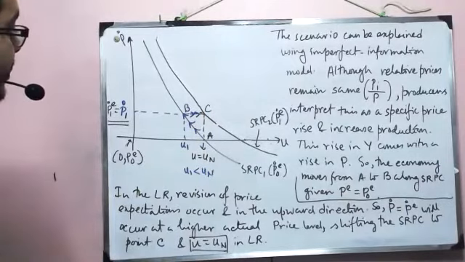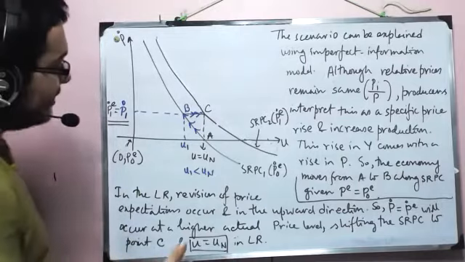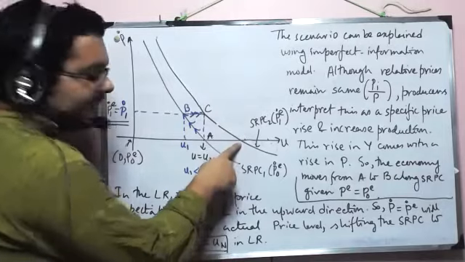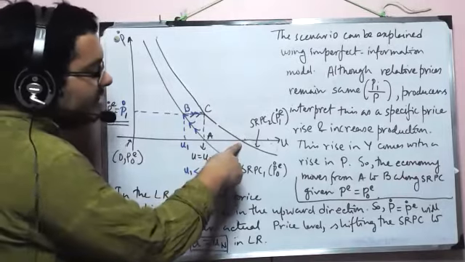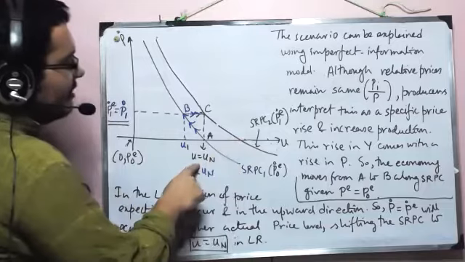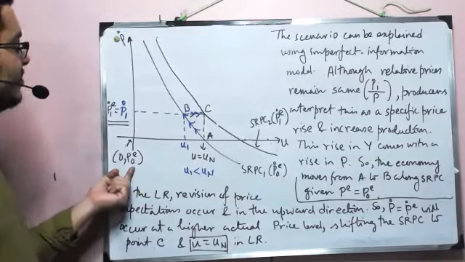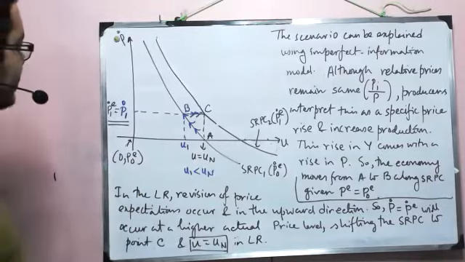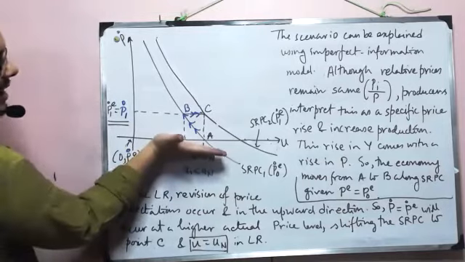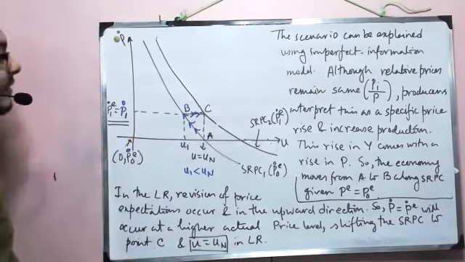Now the non-standard nature that I was talking about is the fact that even when the curve shifted, you see, now the intercept is this point, right? But we have not designated this to be U equal to UN. Why? Because this is not U equal to UN. The U equal to UN point remains the same. What happens is, now instead of 0 comma P naught E, you have 0 comma P1 E, and it's as if this horizontal line has gone upward. Now the Phillips curve will be like this.